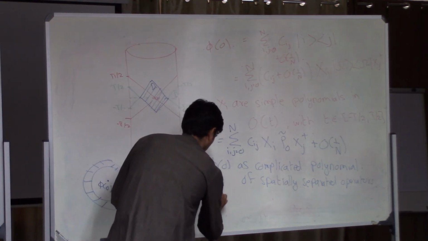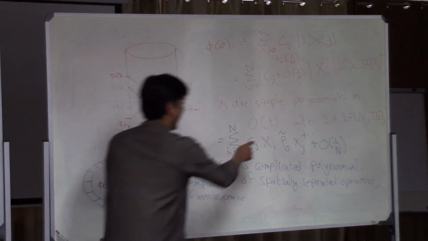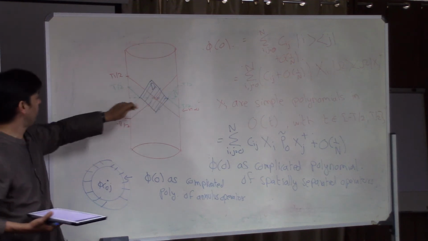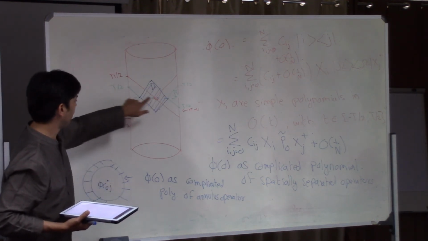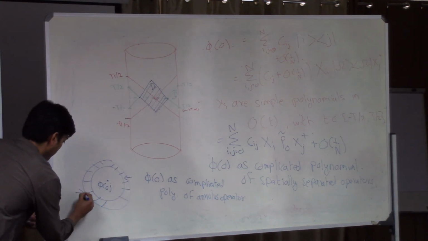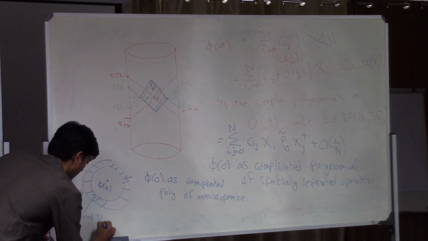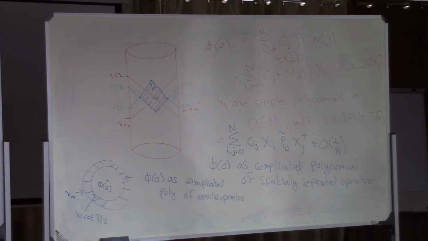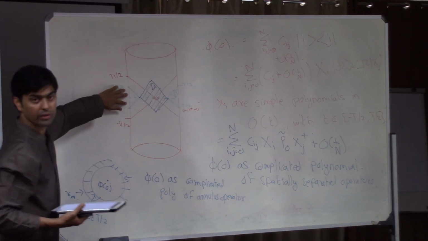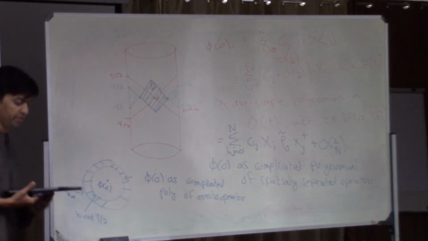That is because operators in the band and operators in the annulus are related by a simple linear transformation, which you can just work out by solving the partial differential equation. So by proving that we've written phi of 0 in terms of operators in the band, we've also proved they can be written in terms of operators in the annulus. This annulus has the boundary at r equal to infinity, and the inner boundary is at r equal to cot t by 2. And this annulus is linearly related to this. So if you wrote it in this way, you would change the form of these operators xi. But you could also do this as one statement.